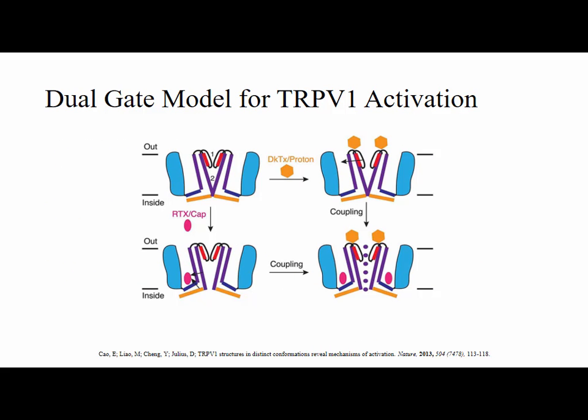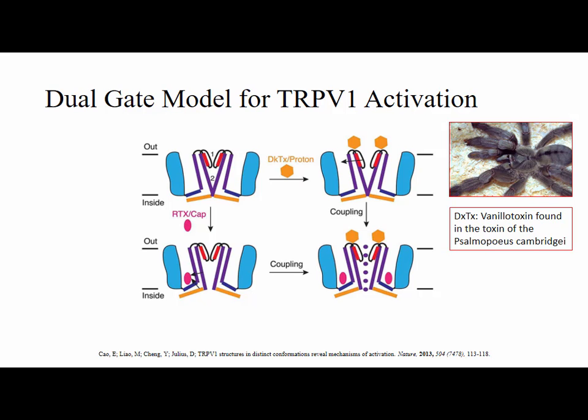All right, so next I'm going to look at the sodium ion gated channels and how they work. TRPV1 activation is a little unique in the sense that it is actually a dual gated model. As you can see here, there are two gates. This is our selectivity filter, and this is our second inner gate. And just kind of defining some of our substances here, we have our RTX capsaicin, which is resiniferatoxin coupled with capsaicin.